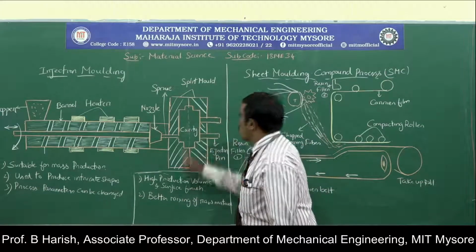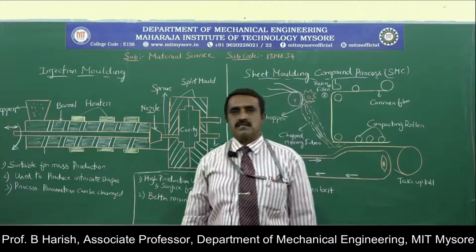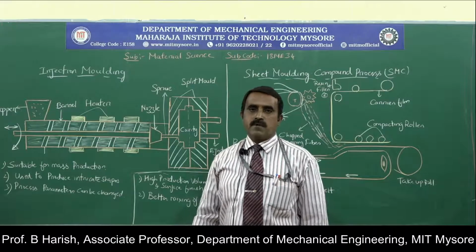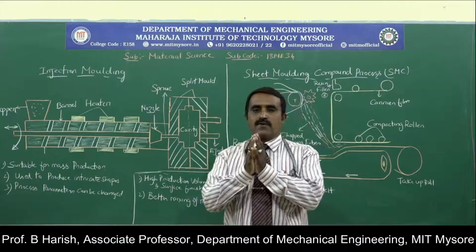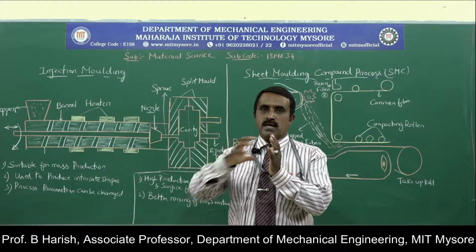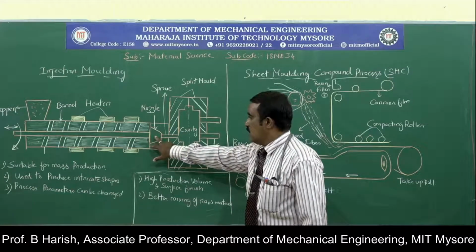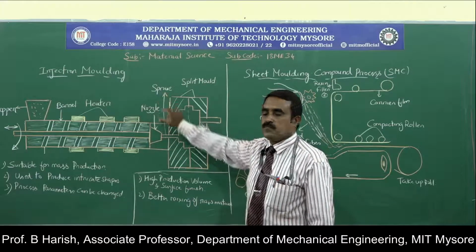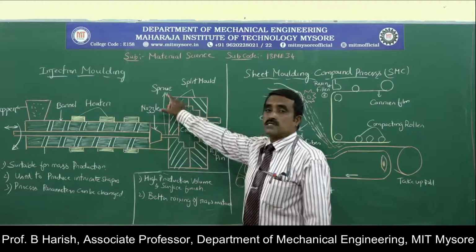Now this cavity is enclosed inside a split mold. A mold is similar to a pattern that is used in casting. In patterns we have different types, and one such pattern is the split pattern. Like that, here it is a split mold. A split mold will have two halves. One half is fixed, and the other half can be removed, so it can move out. That's why it is called a split mold. From the nozzle, the material enters into the cavity through a small opening called the sprue.